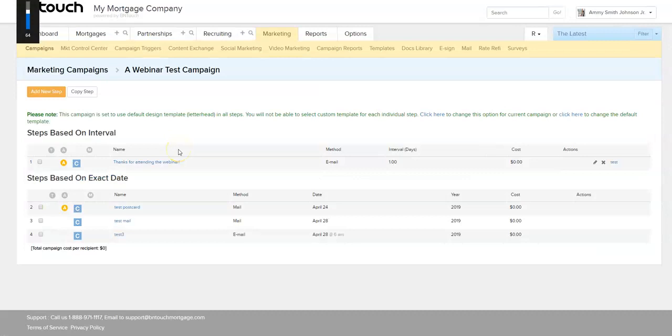And this will bring us inside of our campaign to where we can access all of the campaign steps. Okay, we're going to be adding a Spanish version to this first step here. This is going to be a thanks for attending the webinar email that people will get one day after they attend our webinar. So just like when we're editing our campaign settings, when we want to edit our campaign steps,